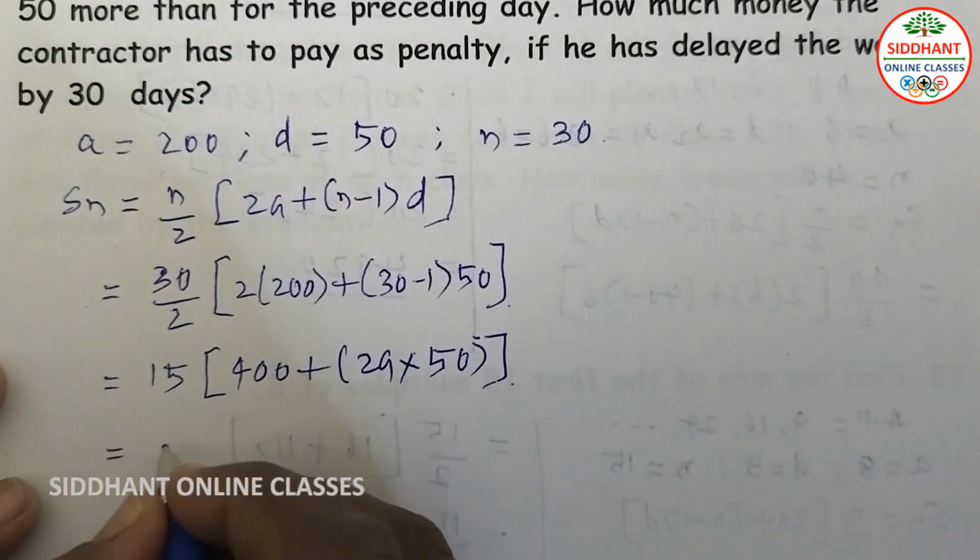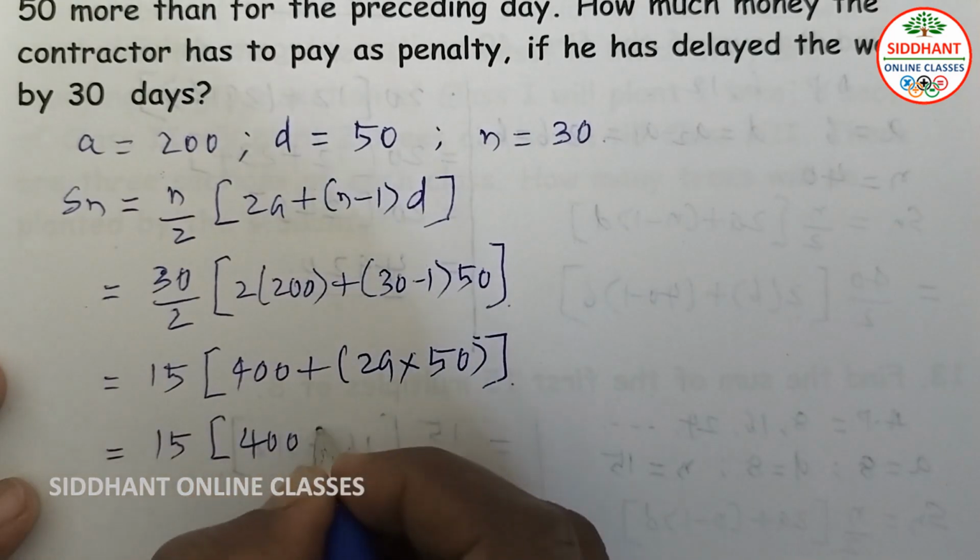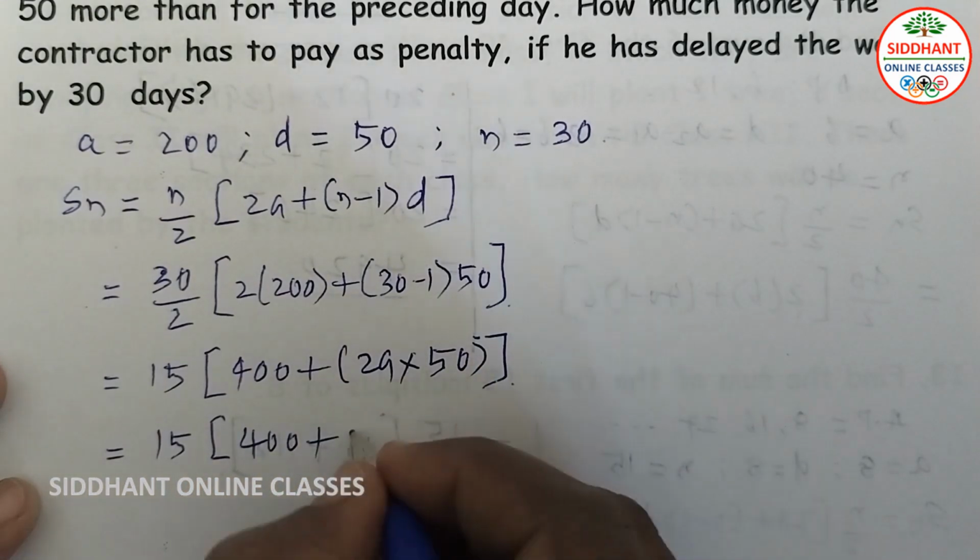So that equals 15 into 400 plus 29 into 50, which is